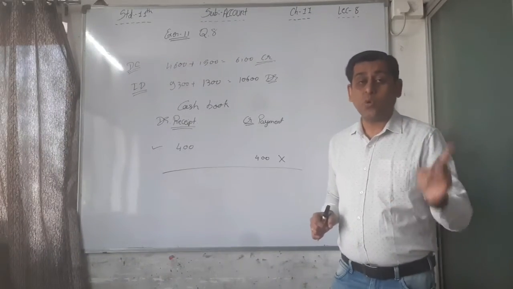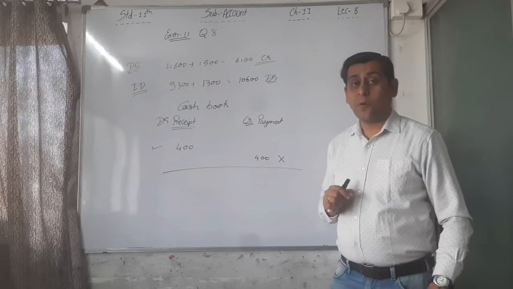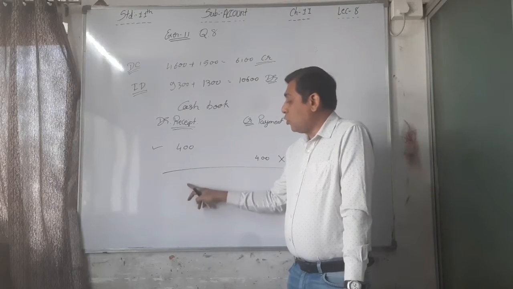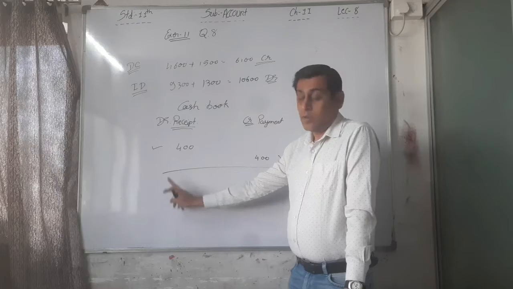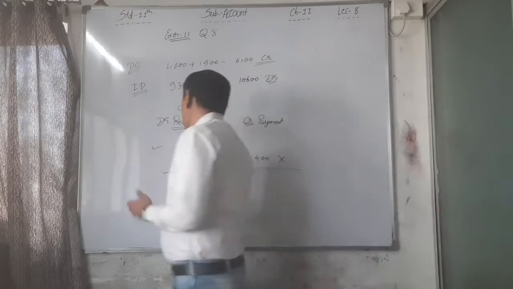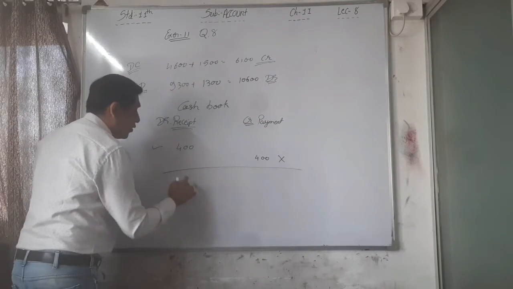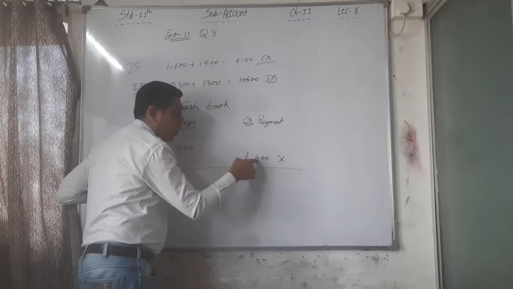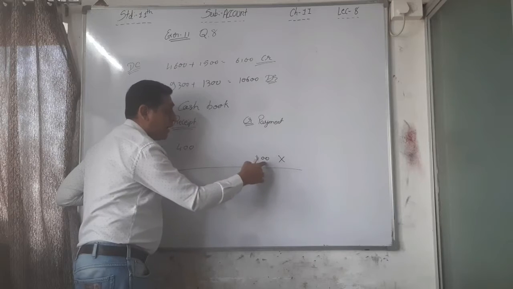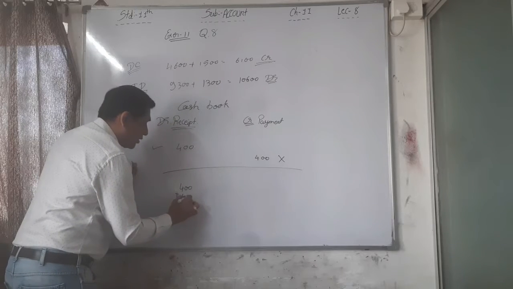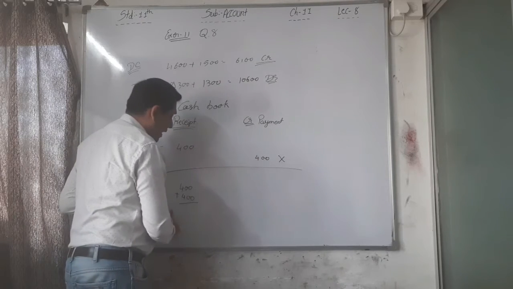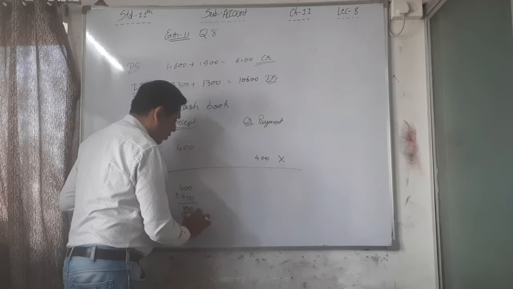What is the rule? See, I told you in the chapter number 7, journal proper, rectification of error. What is the rule for rectification of errors? Right do, wrong reverse. Right do, ये करना था, ये हुआ नहीं है, तो ये करो. Right? So right do, that is 400 debit side. We have to record on this side but not recording at all. We are recording on this side. That's why first of all do right. So record on the debit side and then do reverse.